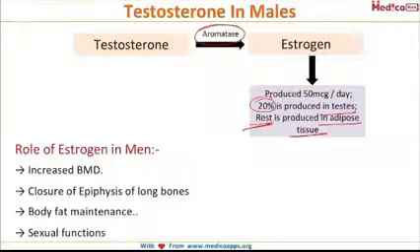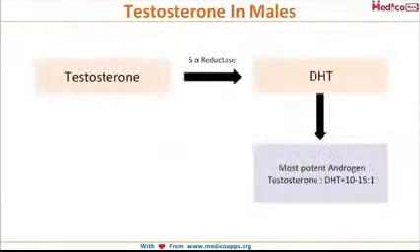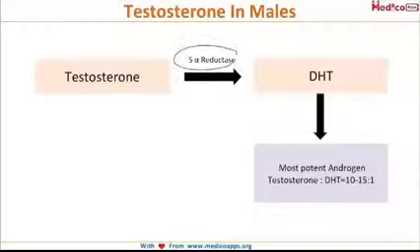Now we said that testosterone is also converted into dihydrotestosterone. So what is the enzyme involved in that? It is 5-alpha reductase. This 5-alpha reductase converts testosterone into dihydrotestosterone, which is the most potent androgen. Okay? And what is the ratio of testosterone to dihydrotestosterone? It is 10 to 15 is to 1. See, the most potent androgen is less in amount. So, the ratio of testosterone to dihydrotestosterone